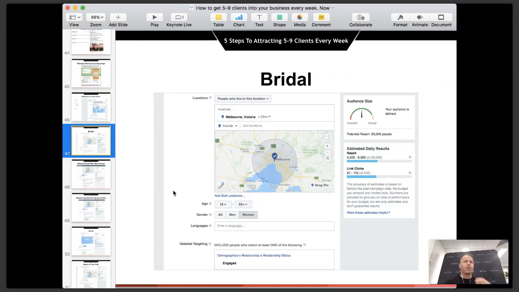Be the guy or be the female who only markets makeup or hair salon to brides, because they could come to you for their bridal day and their bridal party for hair salons. Look at your package. How can you go to a $1,000 to $1,500 package and sell a couple of brides a week? Because these brides are going somewhere for their hair or makeup or fitness. They're going somewhere for it. Why shouldn't they be you? And if you start talking to them every single day with your marketing, it will be towards you.